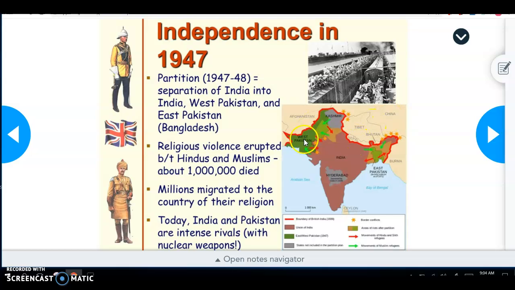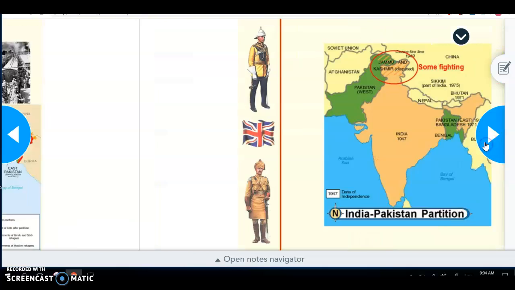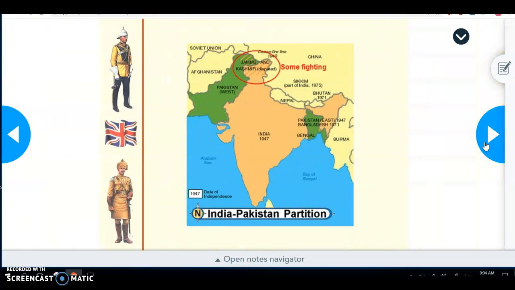But what ends up happening is you can see that there's two Pakistans. You have a West Pakistan and an East Pakistan, and then India right in the middle. Well, East Pakistan no longer exists anymore. That is now the country of Bangladesh. And that is what that partition is. It's where the land is literally separated based on